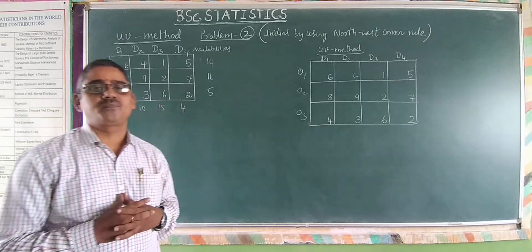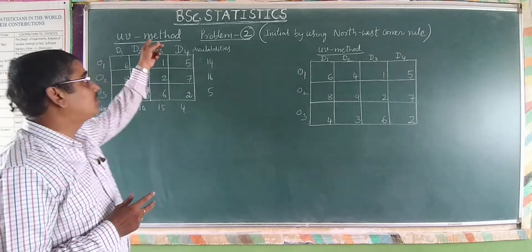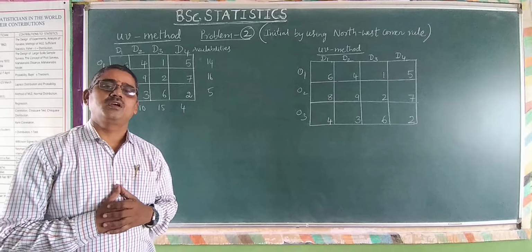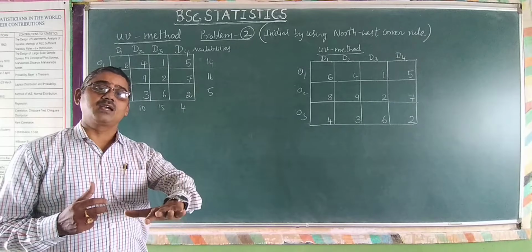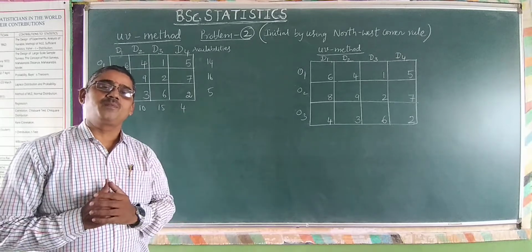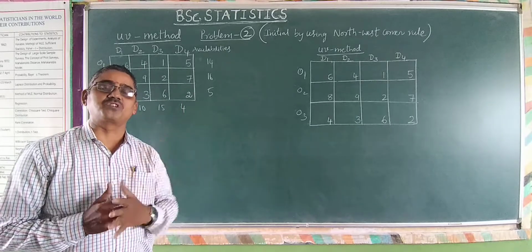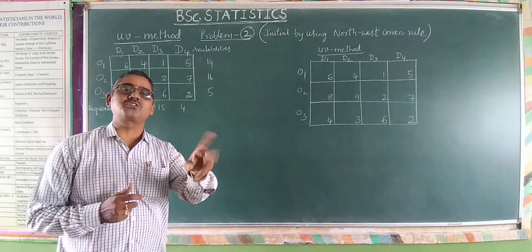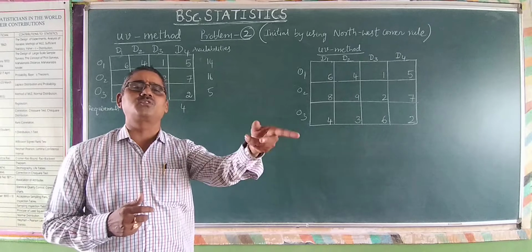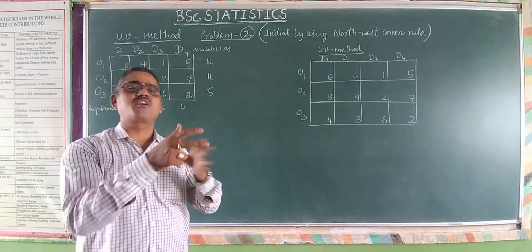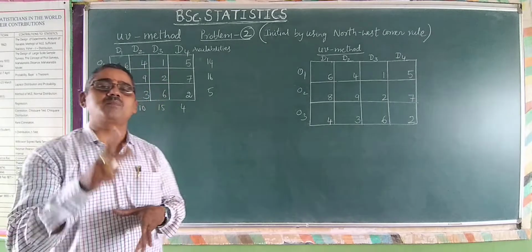the initial solution using any of the methods, the optimum solution will be the same if you then calculate using the UV method. After calculating the initial solution by any one of the methods, you will get the same optimum solution, which means the minimum cost. The optimum solutions may be different values, maybe x11 or x12 or x23, whatever it may be. So it may differ, but it gives the same minimum cost.